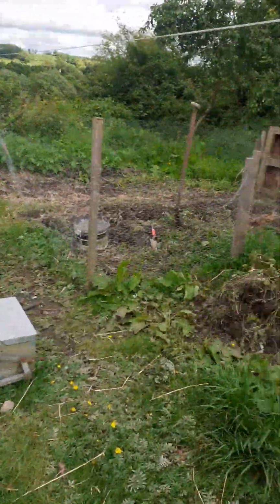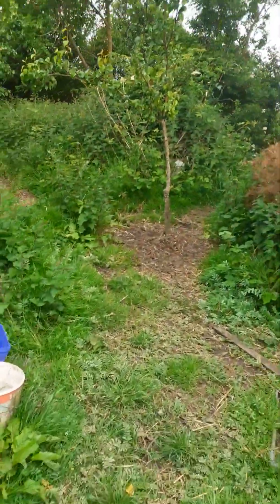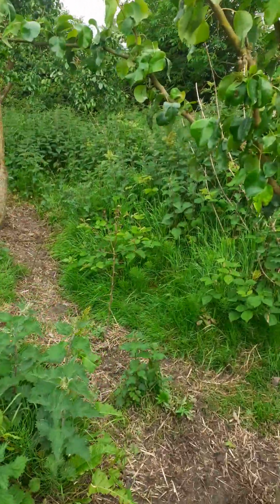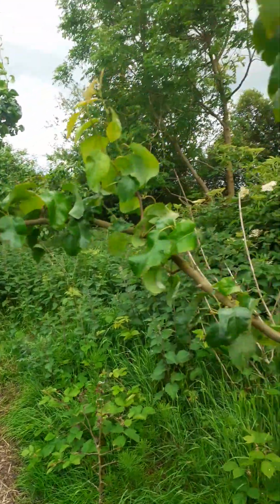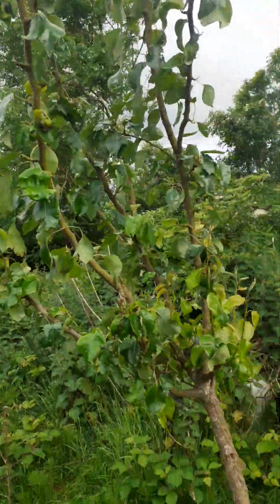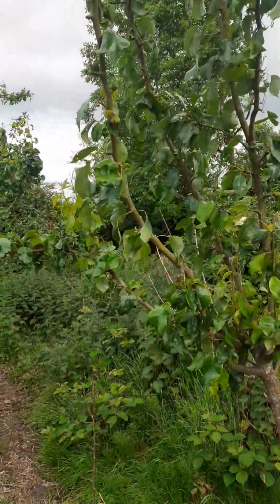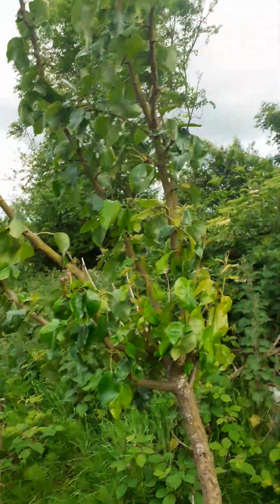Lovely pears. Best crop of pears on my pear trees as well this year. These 2 seem to be 2 different breeds of pear. That's little pears there coming. Another big one up there somewhere. I saw one. Kind of a funny shaped one, but there was one. Can't see it now, but